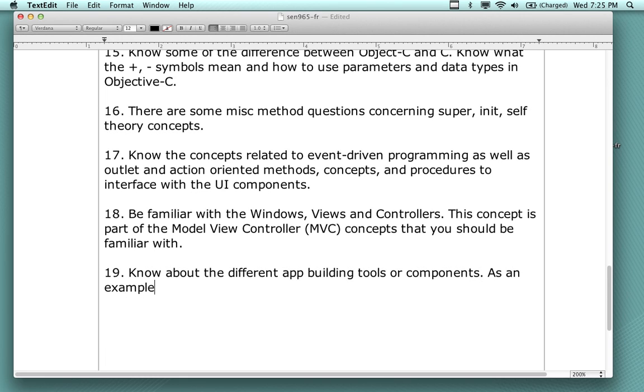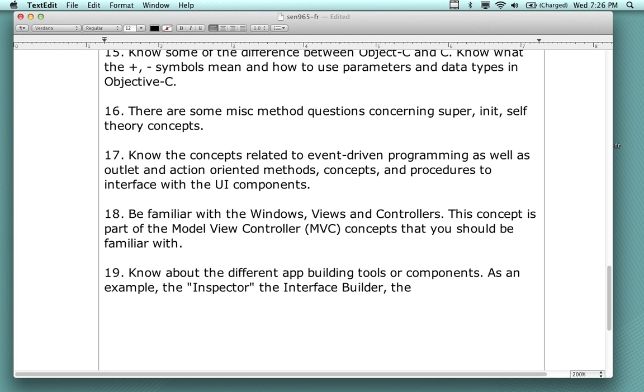As an example, the inspector window, inspector, the interface builder, there's a thing called a document window actually too. You don't have to know all of the window types, but one of the multiple choice questions is going to ask you something about the multiple different windows that exist. You don't have to be familiar, however, with the layout as it is presented in each one of the different, because the layout keeps changing between all of the different